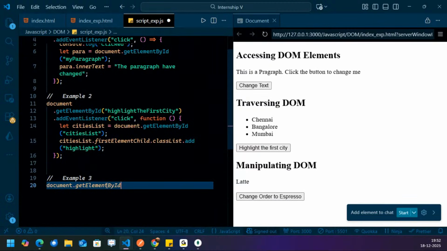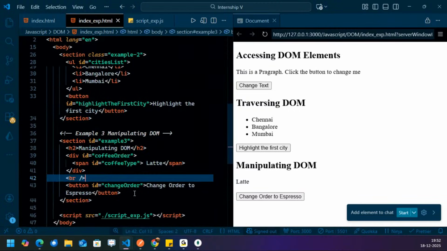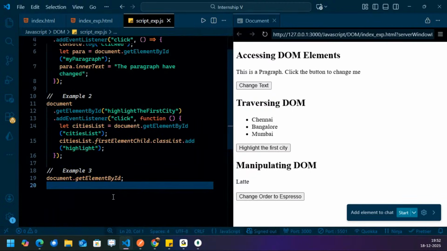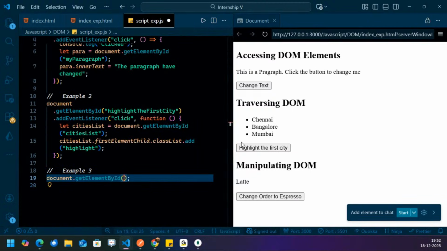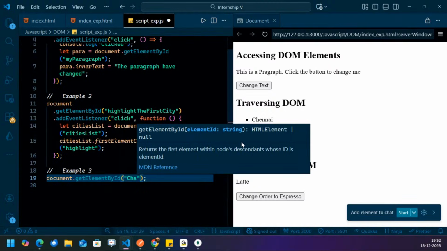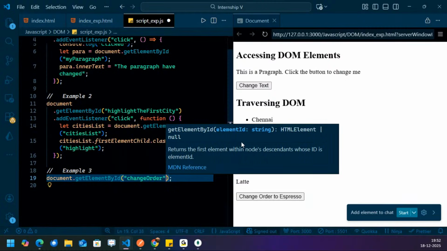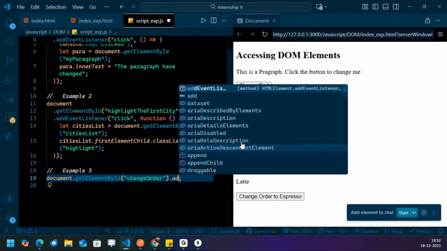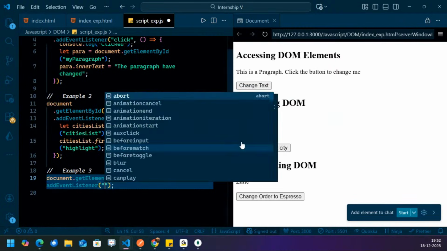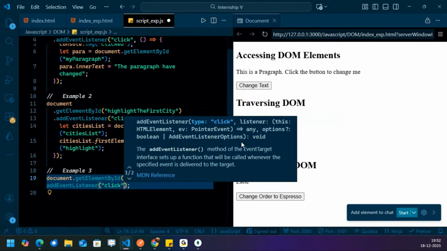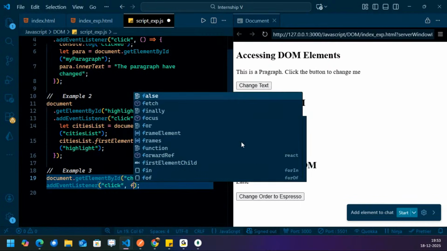We have to select this particular button. Okay. Change order, dot add event listener. Fine. And then we have a click property, comma,